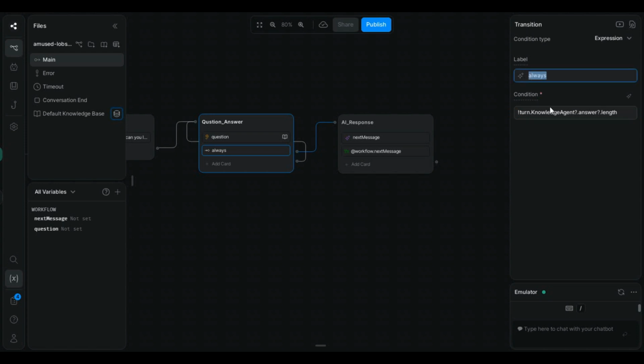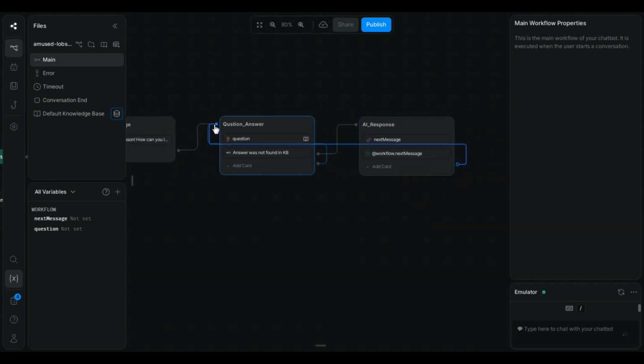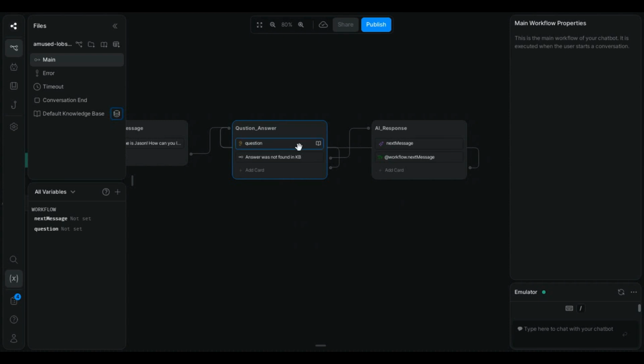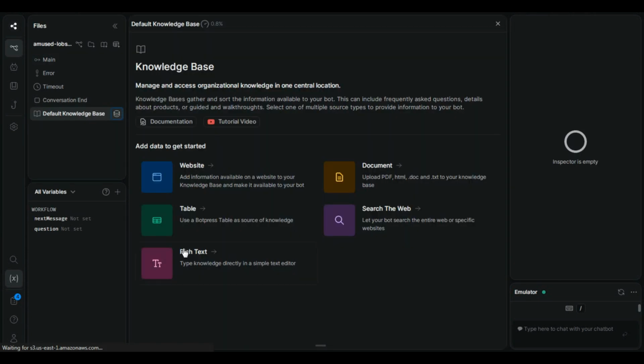And we can just type here answer was not found in knowledge base. And after the AI has responded, we are going to simply loop back inside the question answering engine, I guess you could call it. And this is it. Now all you have to do is add sufficient information inside the knowledge base, and obviously